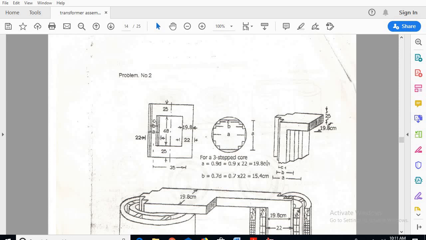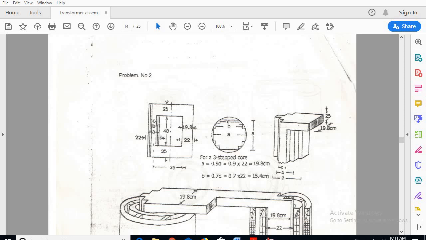So A is equal to 0.9 D, D is 22. If I calculate, you'll get 19.8 centimeters, and B is equal to 0.7 D, so 0.7 into 22 is 15.4 centimeters.